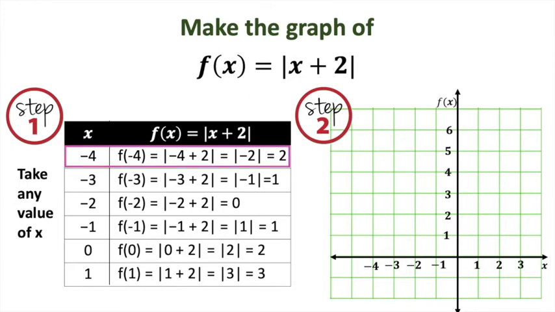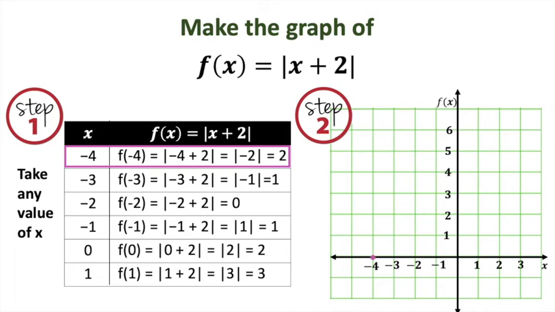Look at the first row of your table here. When x is negative 4, then f of x is equal to 2. Now, look at your squared paper. When x equals negative 4 and f of x is equal to 2,